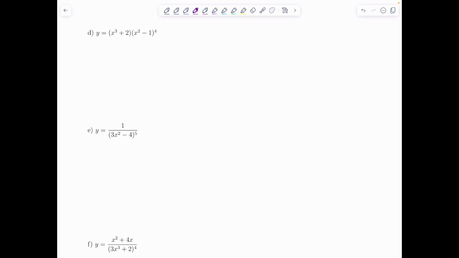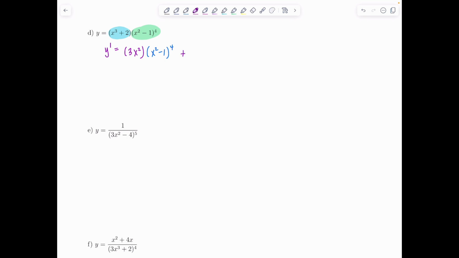dy dx, or y prime, equals, so I have two functions, right? x cubed plus 2 and then x squared minus 1 to the 4th. So let's do product rule. Derivative of x cubed plus 2, 3x squared. Then I leave the other function alone. Leave it alone. Plus,